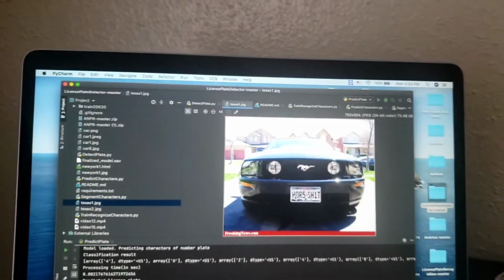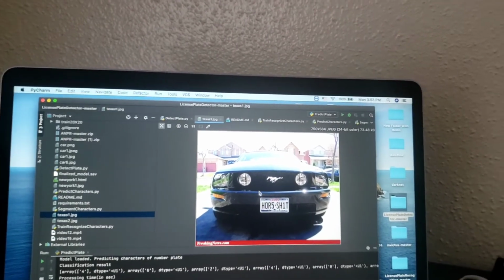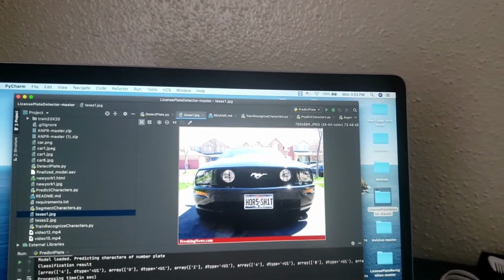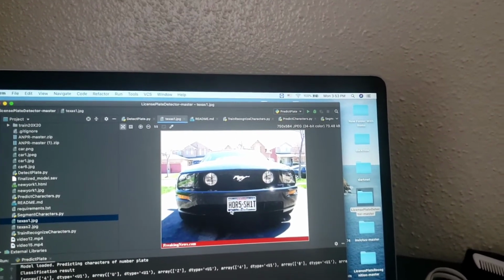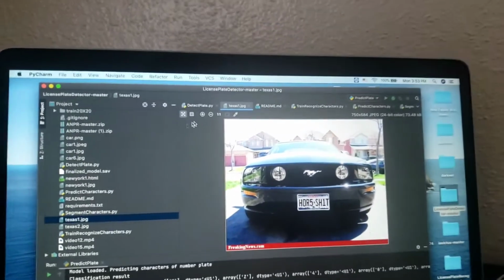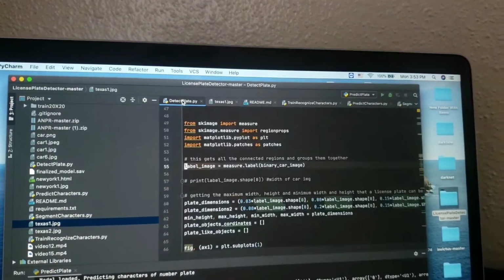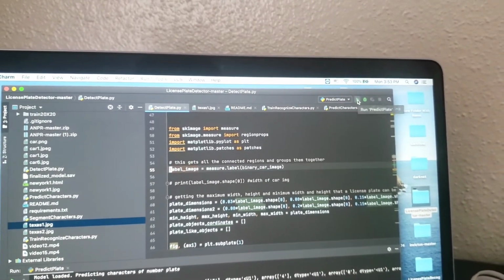So what can we do? Should we calculate on all of this, or should we first select that this is a car, and in the car there is a number plate? So first we have to detect the number plate. That's what this code is, the detect plate. Detect plate basically detects the number plate.